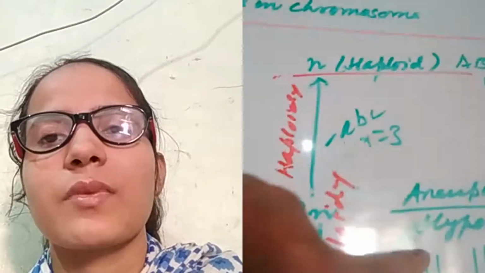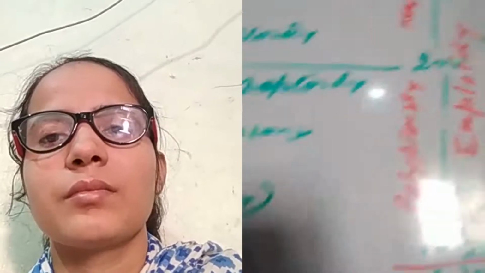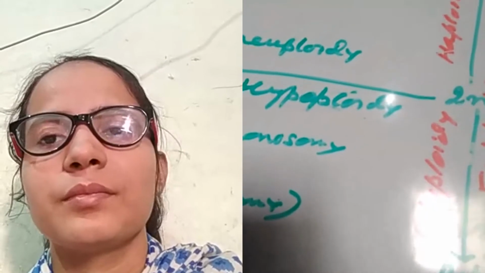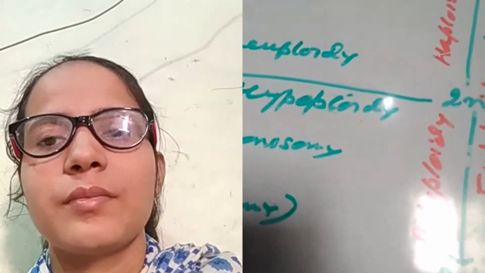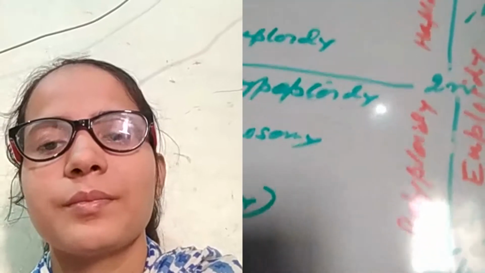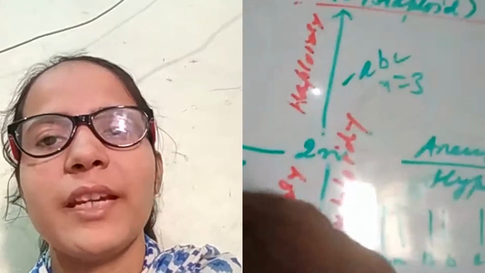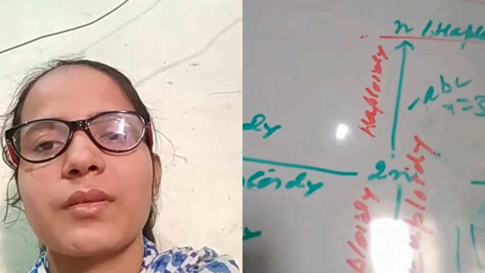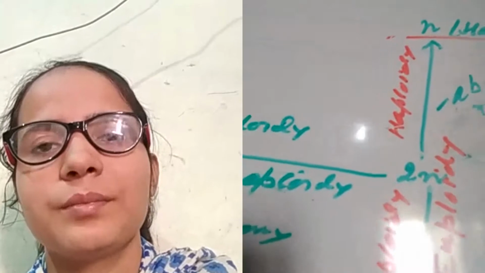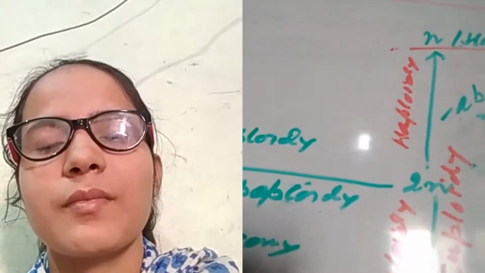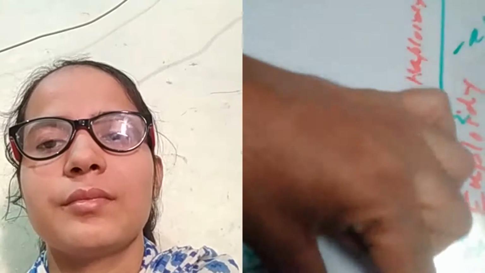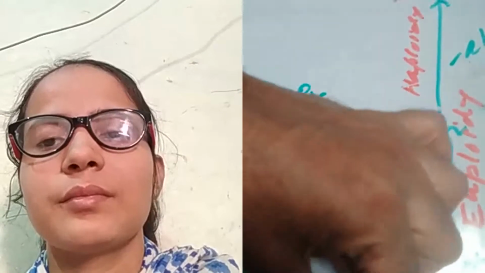if this one set is added to this 2n, what will happen? Look at the diagram: capital A dash, A, B dash, capital C dash, and a small c. What will happen? 3n is equal to 9, 2n is equal to 6, n is equal to 3. What will 3n be? 3n will be equal to 9. Each pair of chromosomes is now represented by three chromosomes. Therefore, the level of polyploidy will be 3n, triploidy.